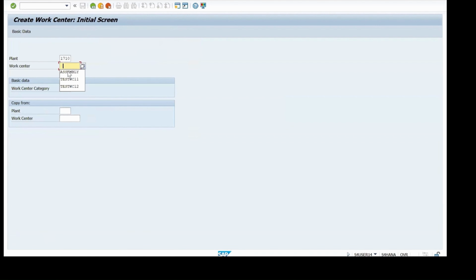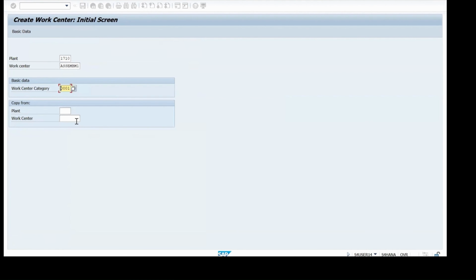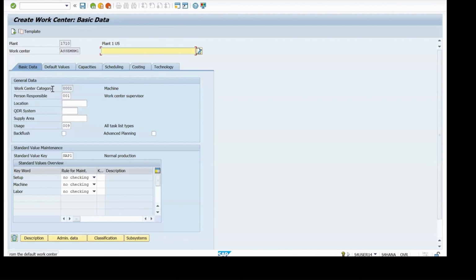You need to give some naming convention, either assembly 1 or M1, or whatever it is. You can give some meaningful description. Assembly M1, and the work center category. You need to select whether we are creating a machine, that is why it is 0001 in the work center category. The moment you enter the name and the category, the system will pop up the next